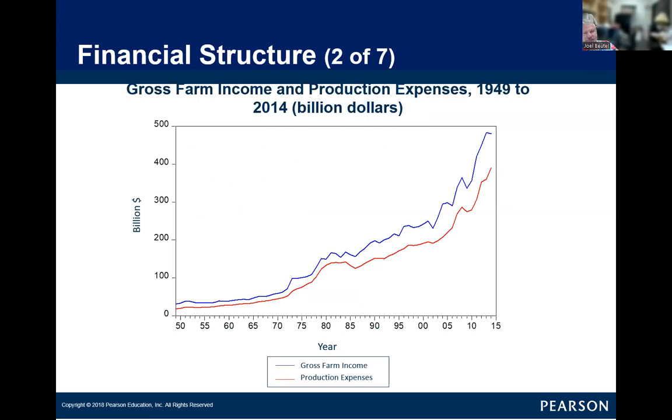So when we look at income and production expenses over time, what we can see is income has always been higher than production expenses in the aggregate, not necessarily for an individual farmer, right? So, but in the aggregate, farmers make more than they lose. Just you as an individual might lose money some years. And your production expenses have gone up, but not at the same rate as your income. In fact, in recent years, we've seen income going up faster than expenses, which has led to a bigger gap than we might have seen in the past. That gap has persistently been getting bigger over time, so I wouldn't bet that it's going to collapse back down,